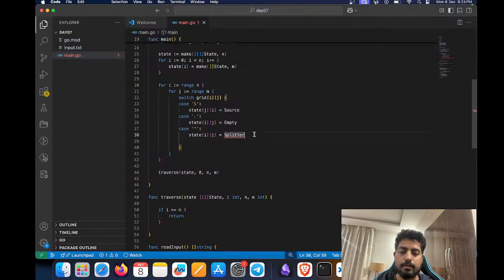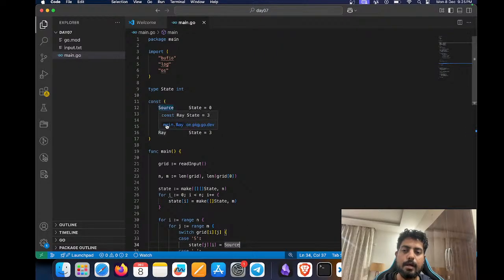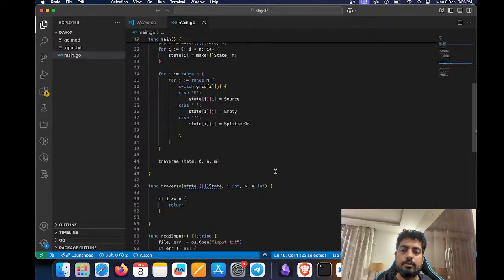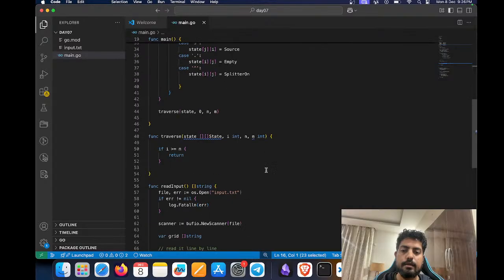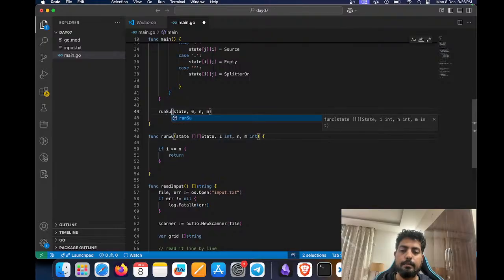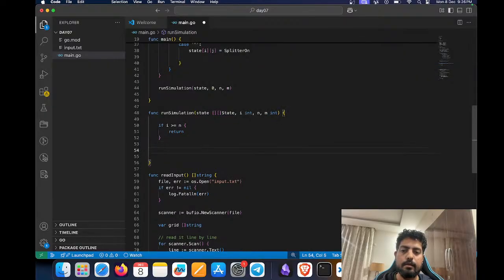Initially we have splitter on, and once we have seen the splitter, we can just mark it as splitter off, so that when we are counting the number of splitters which are off, that is the answer. So let's run this simulation. Instead of calling it traverse, I think a better way is to call it run simulation. So if i is greater than or equal to n, then we simply return, and